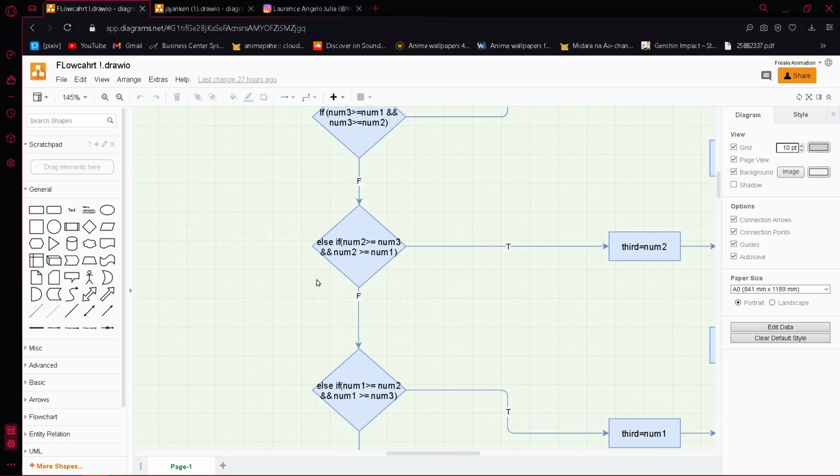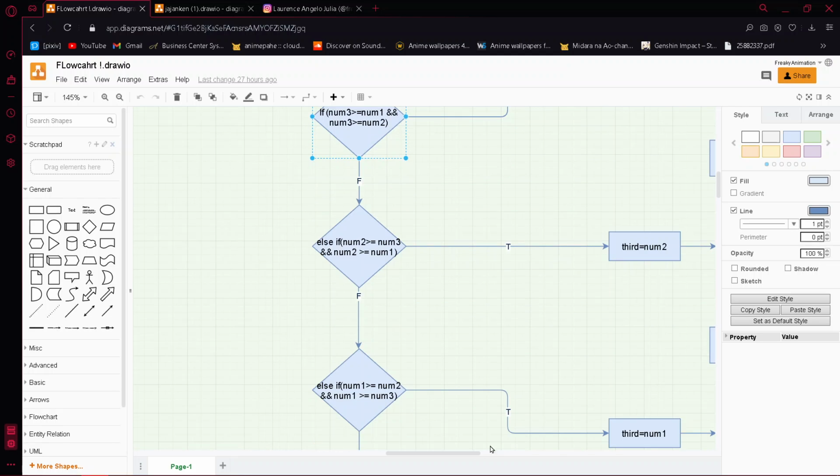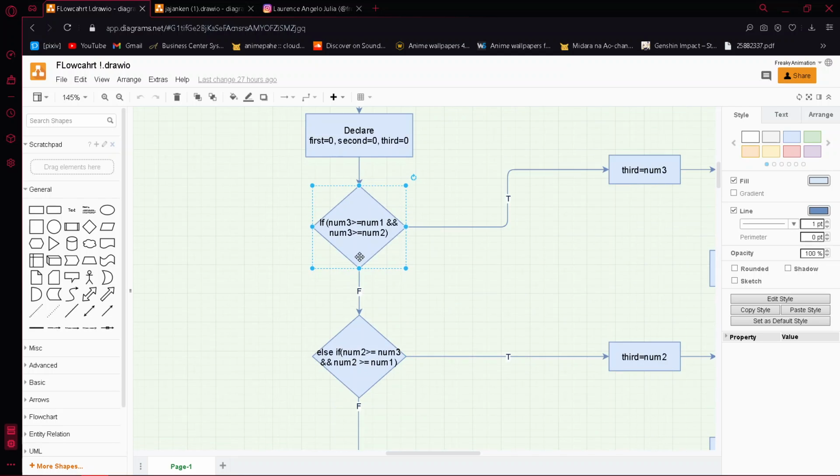Else, if num2 and num3 is greater than num1 and num3 is greater than or equal to num2. Else if num2 is greater than num3 and num2 is greater than or equal to num1.